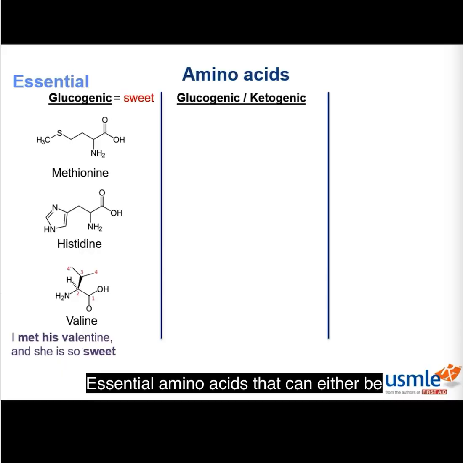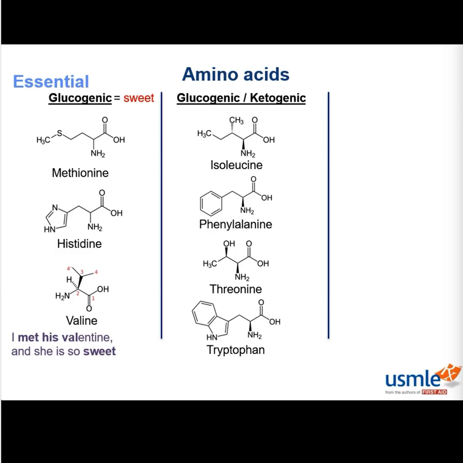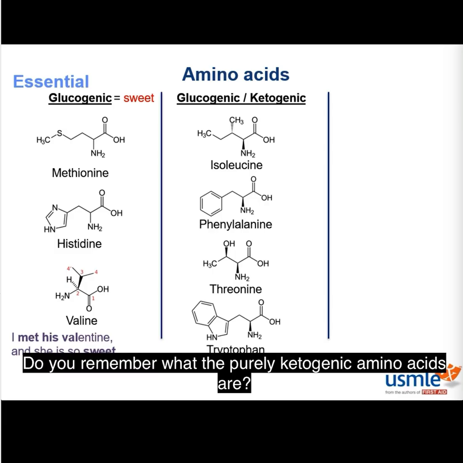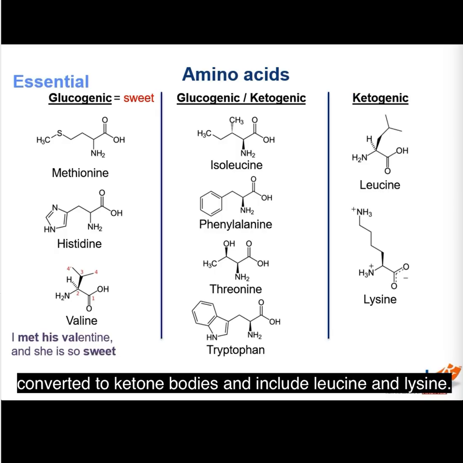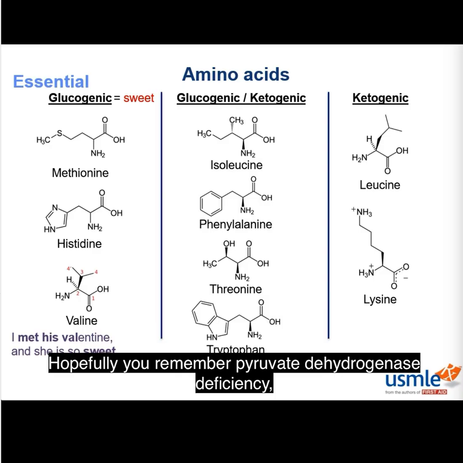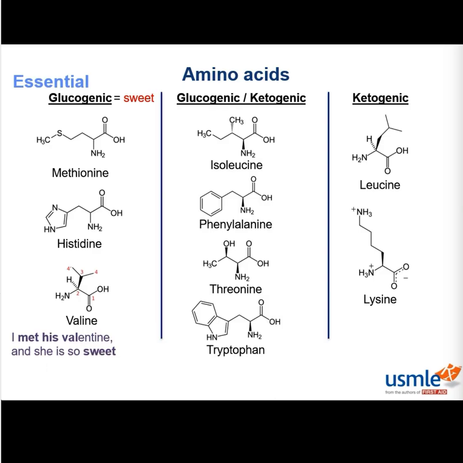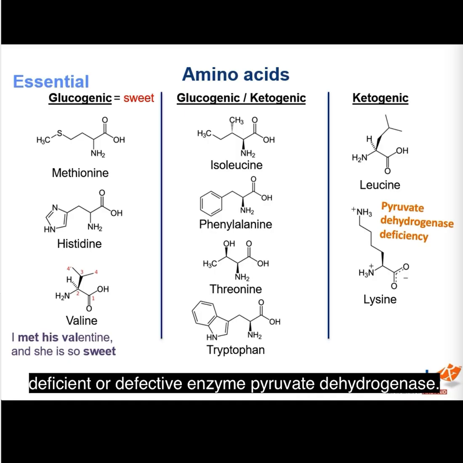The essential amino acids that can either be glucogenic or ketogenic include isoleucine, phenylalanine, threonine, and tryptophan. Do you remember what the purely ketogenic amino acids are? These are amino acids that can be converted to ketone bodies and include leucine and lysine. And do you remember what enzyme deficiency requires purely ketogenic amino acids as treatment? Hopefully you remember pyruvate dehydrogenase deficiency, which requires giving these ketogenic amino acids to bypass the deficient or defective enzyme,